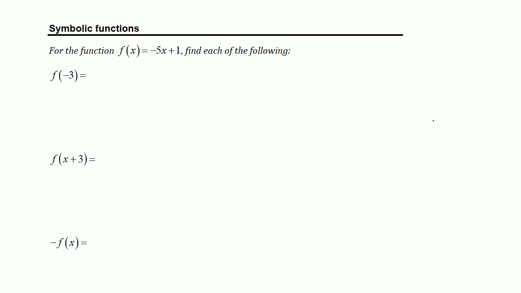Symbolic functions. For the function f of x equals minus 5x plus 1, find each of the following. Here my function name is f, and my input variable is x, and my output is given by the formula negative 5x plus 1. So when I'm asked to find f of negative 3, and remember this is read f of negative 3,